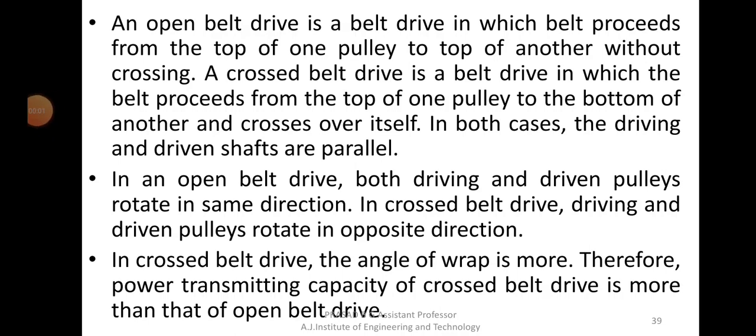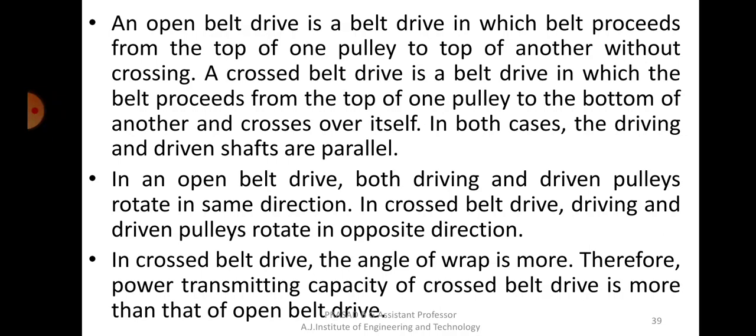Welcome back, students. So we have just finished the derivation of length of belt drives for both open belt drive as well as cross belt drive. I've told you to do the cross belt drive with the sketch and the derivation as an assignment. Okay. So now continuing with that, we will see some of the major differences between open belt drive and cross belt drive. Some of them we have already discussed when I was explaining what is open belt drive and cross belt drive, but we'll just go through these points here.